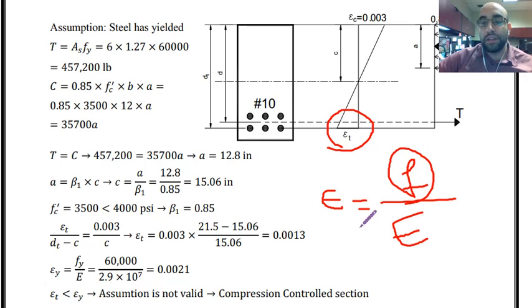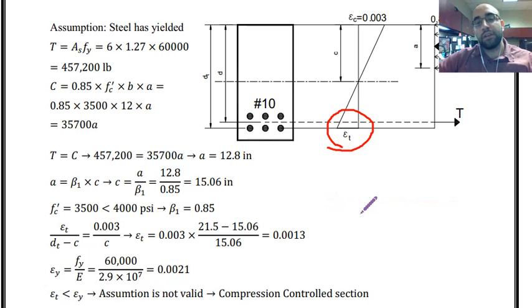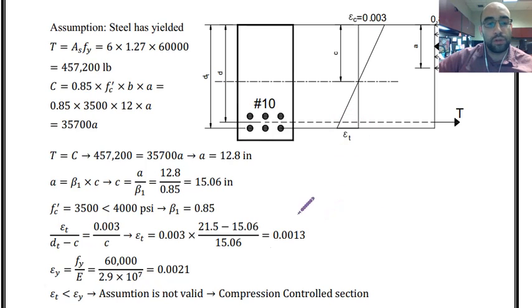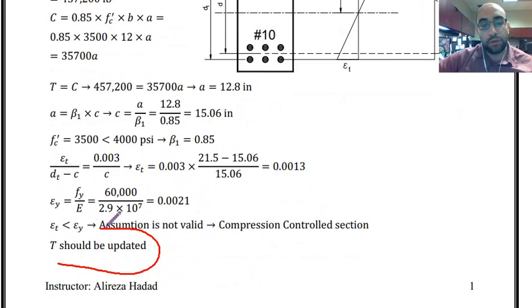And then once I find the stress, I can multiply it by area and find the force. That will be the actual tension force that we have over here, right? So let's follow this procedure and see how we can analyze this compression control section. T, or tension force, should be updated. That is the major difference that we have in the analysis